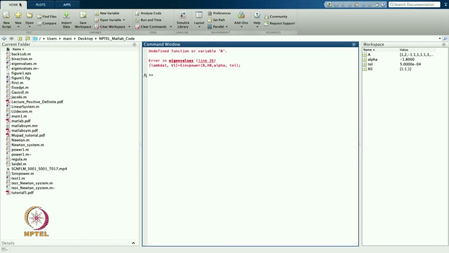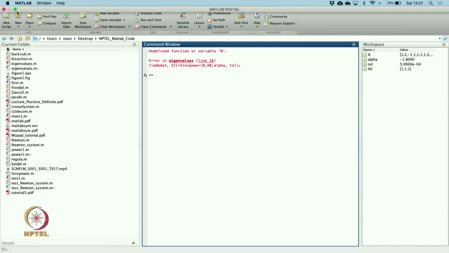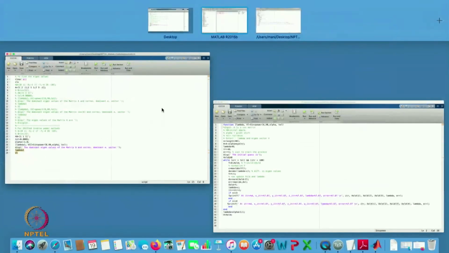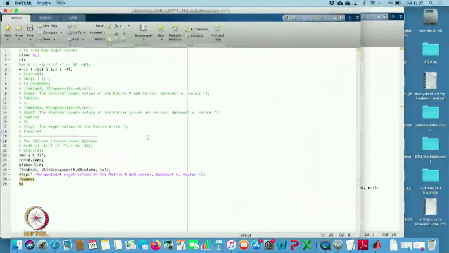Undefined function variable b. So, I have to, where is b? Oh, this is a, not b, I will get this a. Not b, I will, now let us